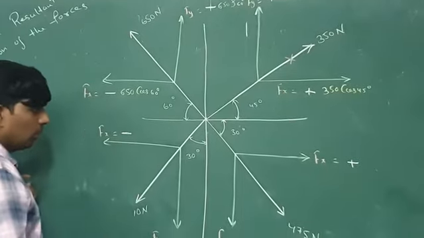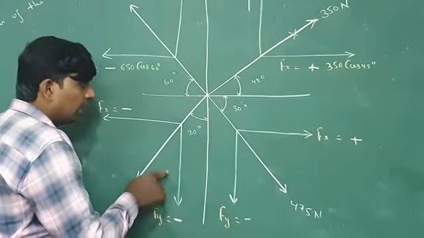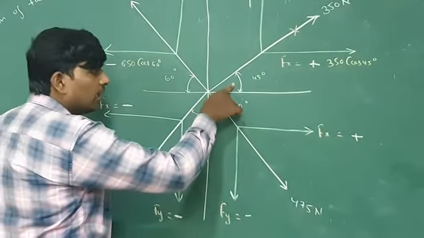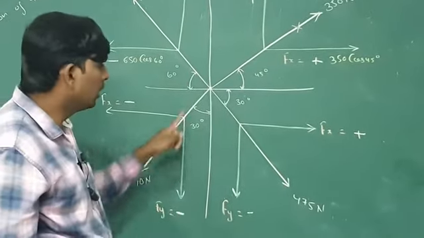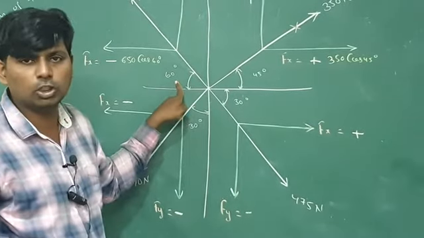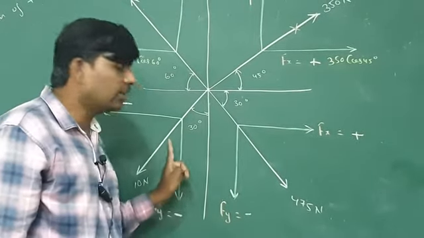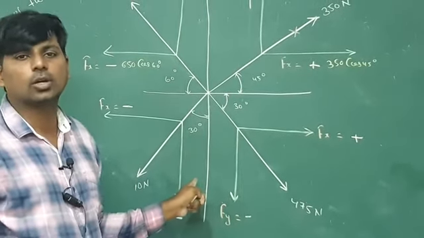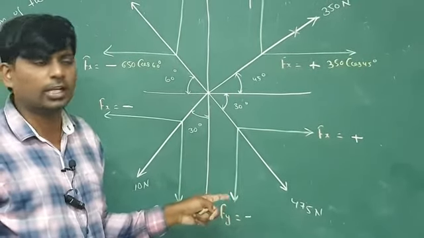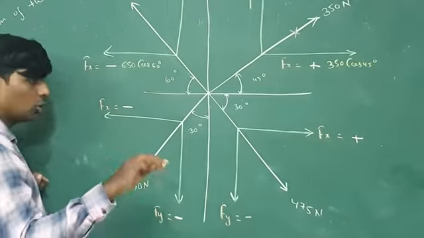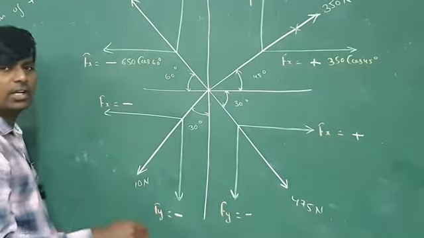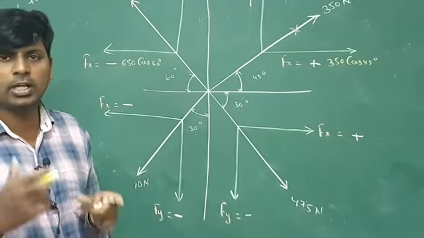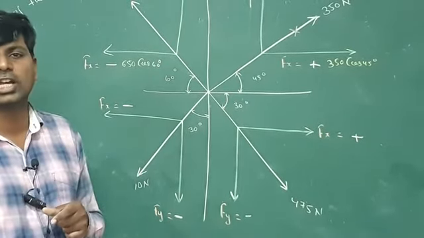After that, this one you have to take. Here you can see that the angle is lying with respect to vertical. In this case the angle is lying with respect to horizontal, in this case also horizontal, but in this case the angle is lying with respect to vertical. So vertical you have to take as the cos and the remaining one will be the sine. You just remember one thing and automatically you will get the other: wherever the angle is lying, that one you have to take as the cos.